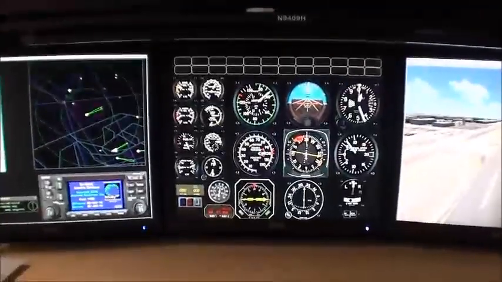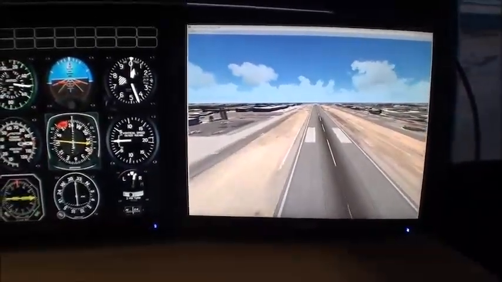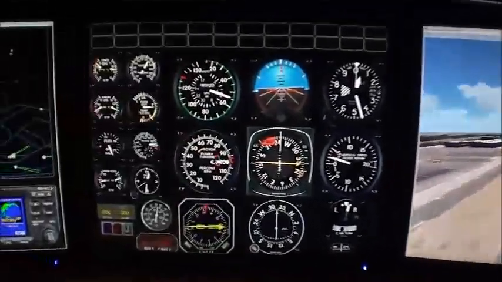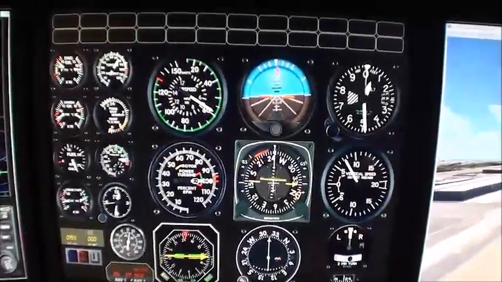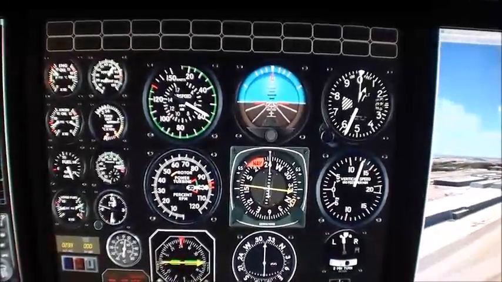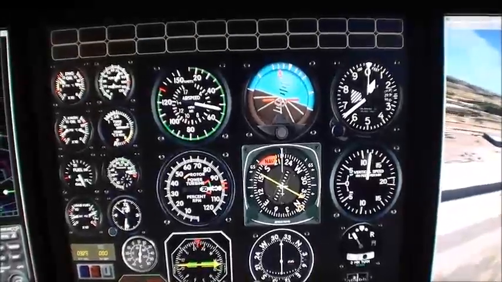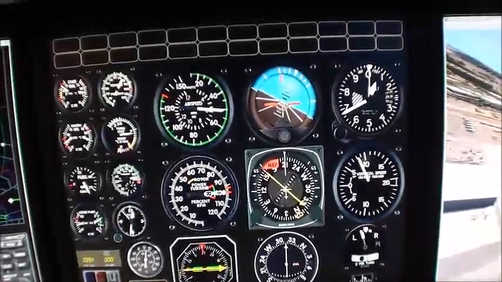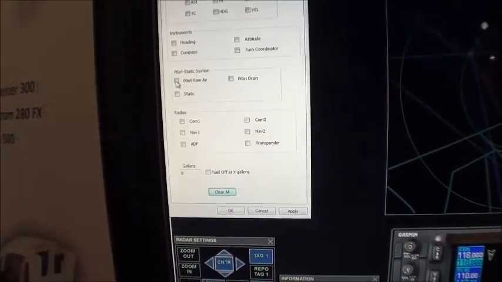Here we'll demonstrate the failures while in flight. As you can see, he's flying over the runway here. All gauges are functional. Go ahead and make a turn. Okay. So heading indicator works, attitude works, everything's functional. Airspeed, vertical speed. Over here we can go ahead and do some of the failures, such as we can fail